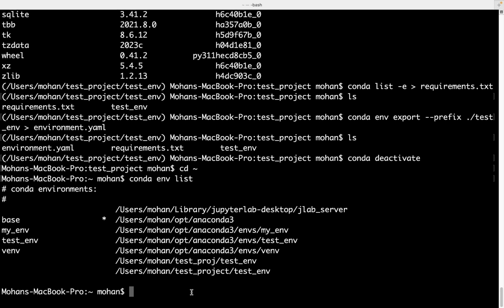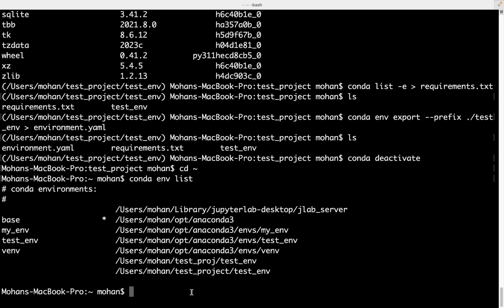We basically have understood the process of how you create a virtual environment and how we can install an additional set of libraries or packages. Once we install them, we can write all of them and their respective version numbers to a requirements.txt file for sharing with the fellow team members. We also have exported the environment into a YAML file, which again can be shared with the team so that they can clone the environment that we have created. Okay. So in the next session, we are going to learn more about the different IDEs that there are,